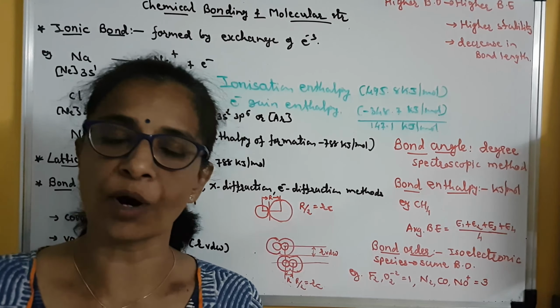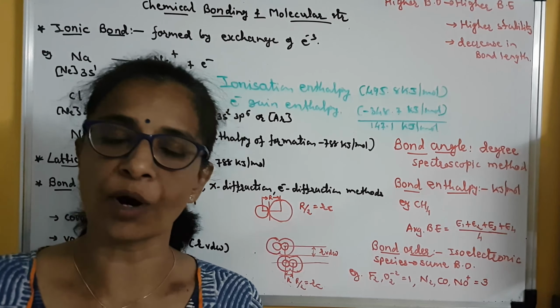Now the electron which is lost by sodium will be accepted or gained by chlorine atom. Now chlorine's atomic number is 17, so configuration is neon 3s2 3p5. When this electron is gained by chlorine, it will be converted into chloride ion, which is negatively charged. Clear? Now its configuration will become neon 3s2 3p6, means we can also write the argon-like configuration is achieved. So here we can see that the octet is complete in the valence orbit of chloride ion.